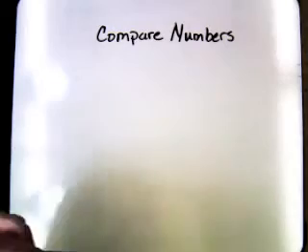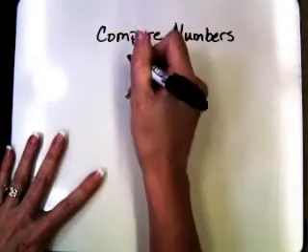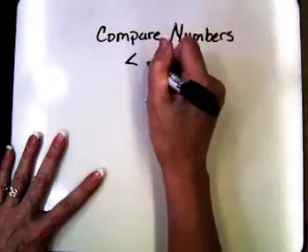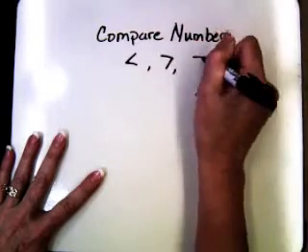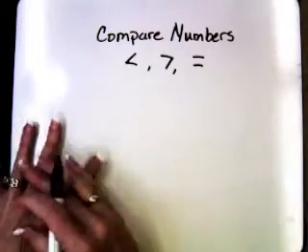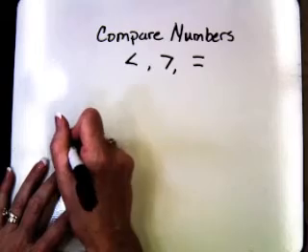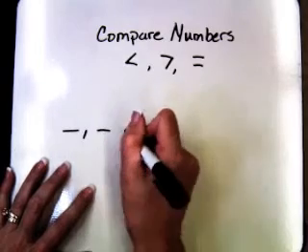Okay, today we're going to talk about comparing numbers. Now when we compare numbers, we use these symbols. We use less than, greater than, or equal to compare numbers. Now we've already learned about how to read and write numbers. So let's just say I had two numbers